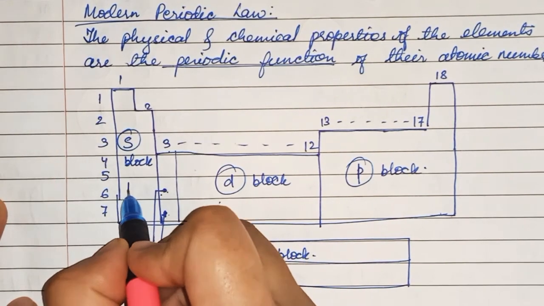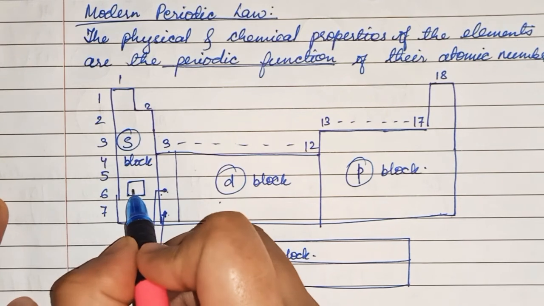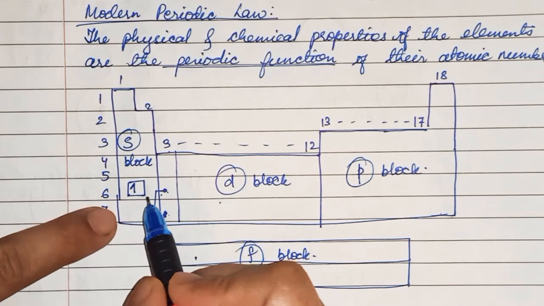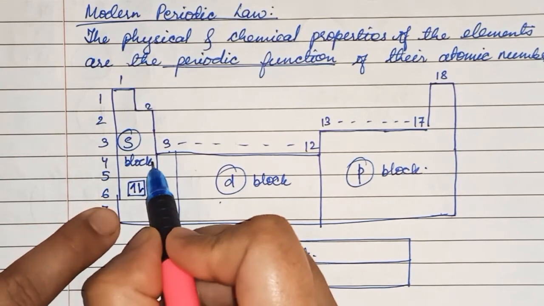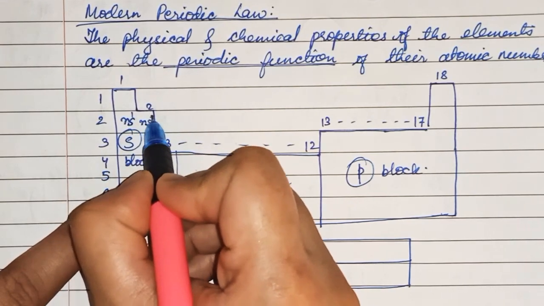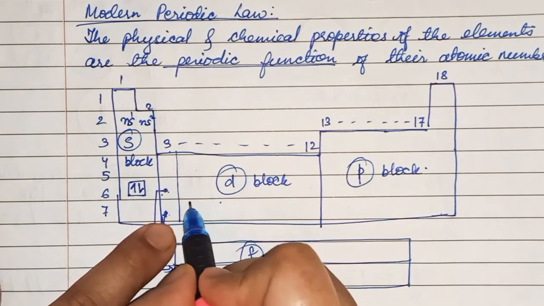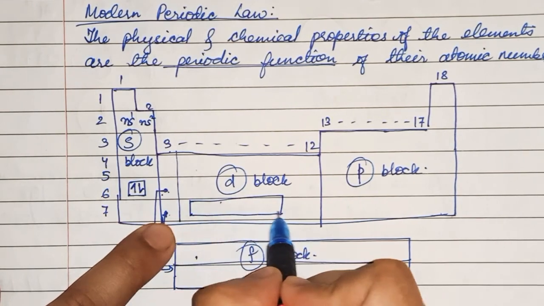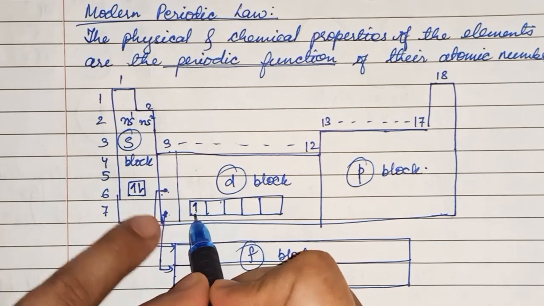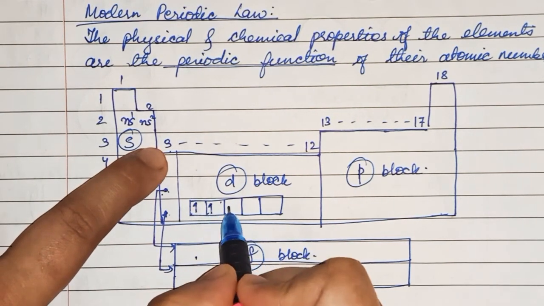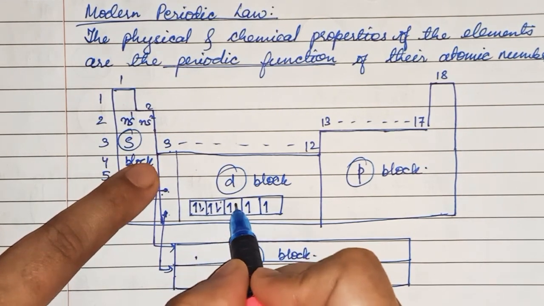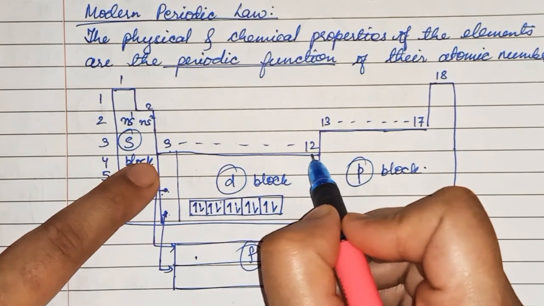Now one thing you can see here, the s block has only one box. If one electron is there in the s block, then it is in group number 1. If 2 electrons are there, then it is in group number 2. So it is ns1 and this one is ns2. For the d block, 10 boxes are there. If the electron is here, then it is in group number 3, 4, 5, 6, 7, 8, 9, 10, 11, 12. Till here we have reached.